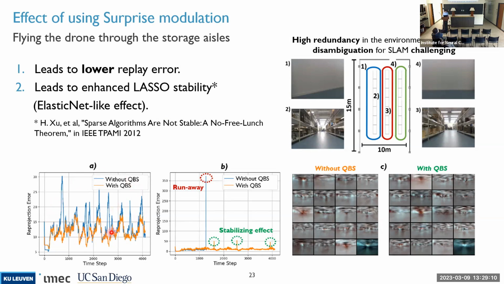What you can see in this graph is that when you use the surprise method, it leads at replay time to significantly lower errors. In blue, it's the case where we didn't use the surprise. Here you see that the error can peak sometimes very badly, because when your drone is, for example, flying in the aisles, it's a long sequence with the same kind of visual information all the time, so it overfits strongly on that. And then when it gets to the open space, it overfits strongly on the open space. But using the surprise was really helpful. That's one of the first motivations.